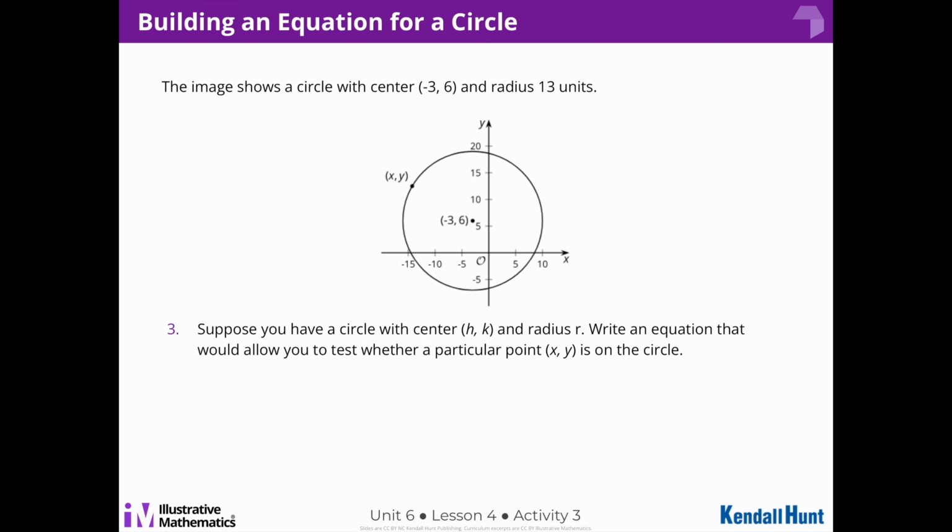Now, we're going to build a generic version of this equation. So this image shows a circle with a center of -3, 6 and a radius of 13. Now, suppose instead that we have a circle with center of H, K and a radius of R. So we've done this with other values. We want center H comma K, and we're going to use a radius R. And so using that information, we want to write an equation that would allow us to test a specific point